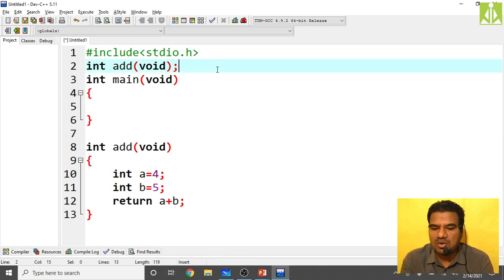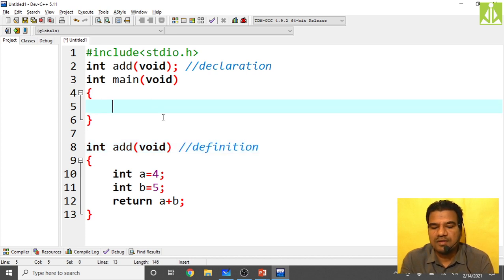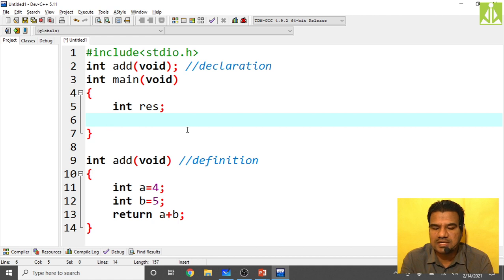So now come over here and call this function. Function declaration over here, it is over. This is declaration, and function definition here, it is over. This is definition, and now we have to call this function. As it is returning an integer value, we take an integer result. We can't use add as a statement; now we have to use add as an expression.